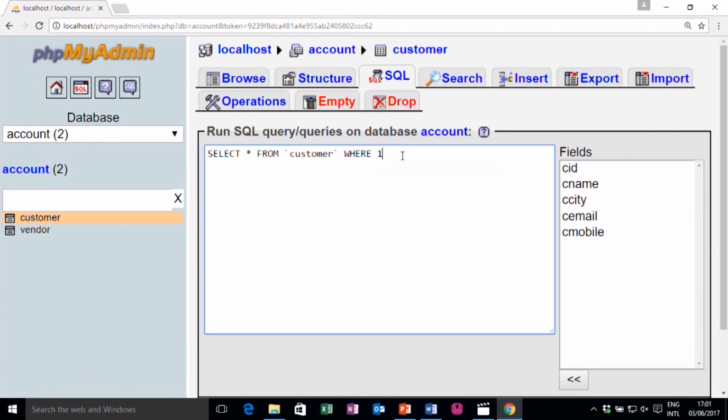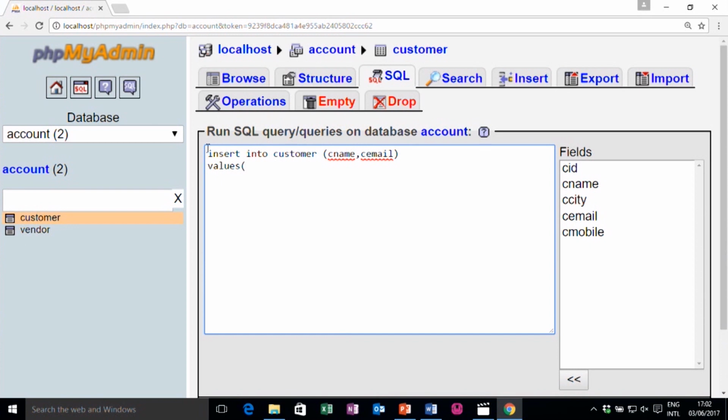Now, let us say for example, if I insert any new record, insert into customer, and I write only customer name and customer email, and provide values.